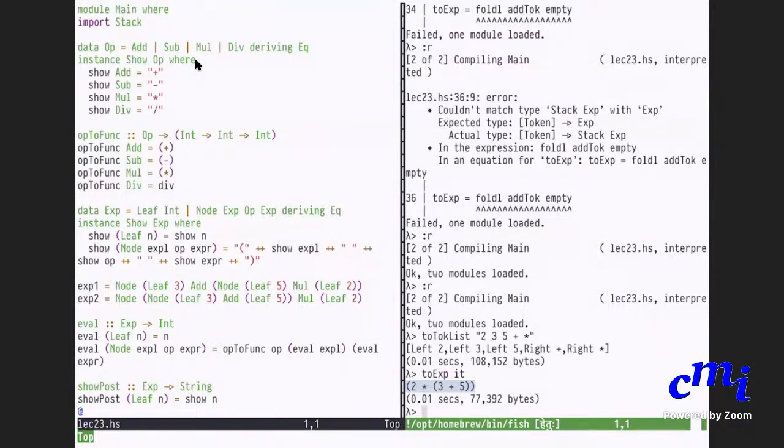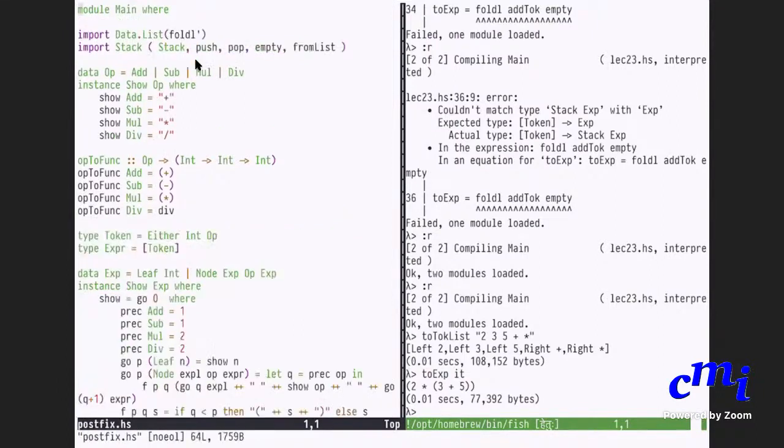And actually, we have developed all this ab initio, but I can show you that all this part is in postfix.hs, which even has a fancy thing.